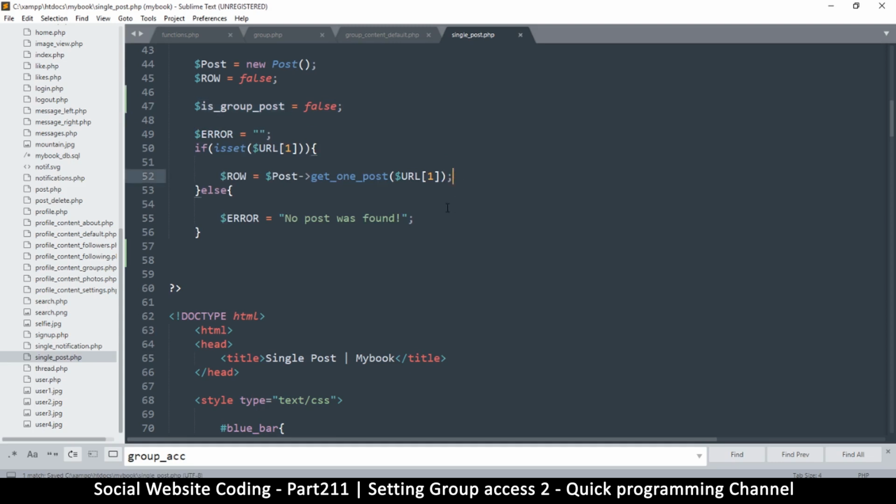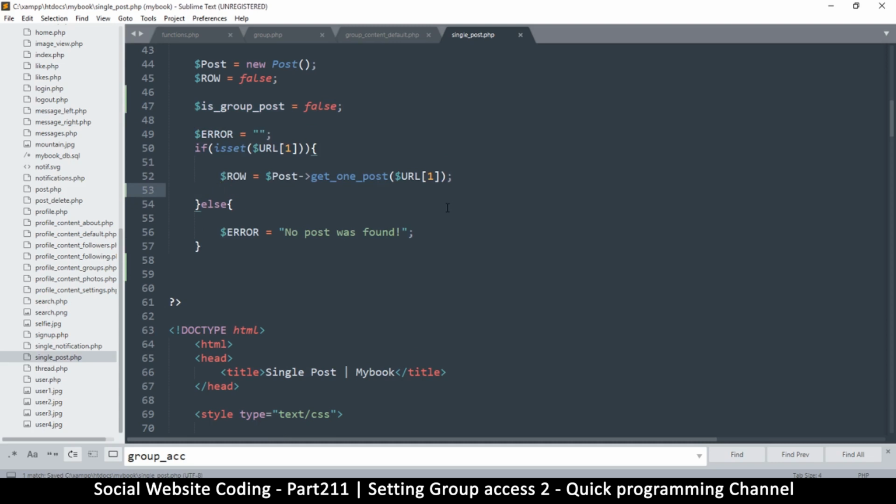So let's come here and do the confirmation, shall we? So what I will do here is, the thing is I need a group row. So I will ask the question first of all, if row, let's go up here, if row owner,